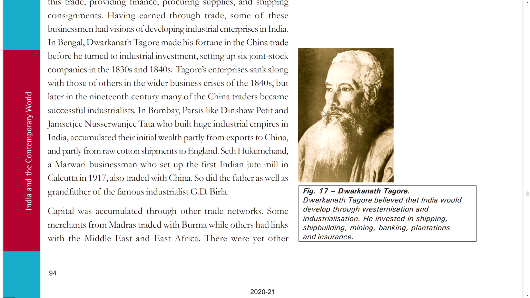Figure: Dwarkanath Tagore. Dwarkanath Tagore believed that India would develop through westernization and industrialization. He invested in shipping, shipbuilding, mining, banking, plantations, and insurance. Capital was accumulated through other trade networks. Some merchants from Madras traded with Burma while others had links with the Middle East and East Africa. There were yet other